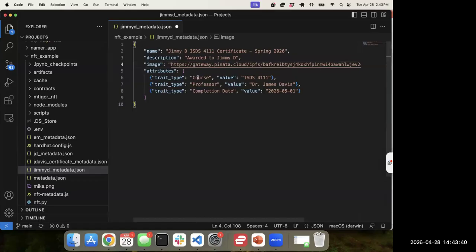I don't think I need to change any of these attributes. I've got the course, the instructor, and the completion date of the course. I think all this looks good. If you're viewing this video outside of spring of 2026, you may want to update this as you see fit. So all this is good. I'm going to save this file. So I've created a metadata JSON file,